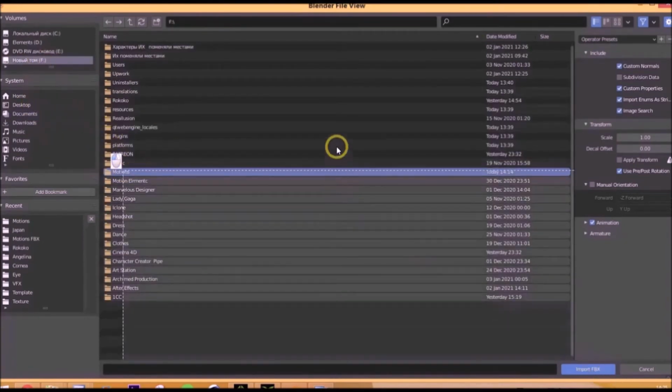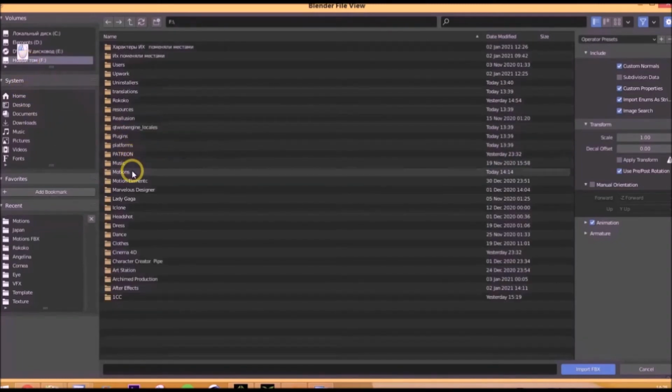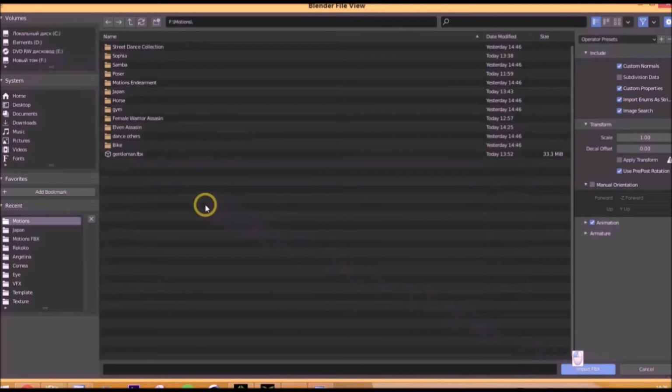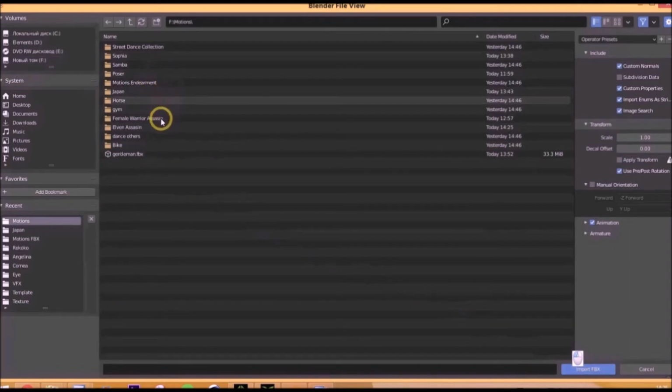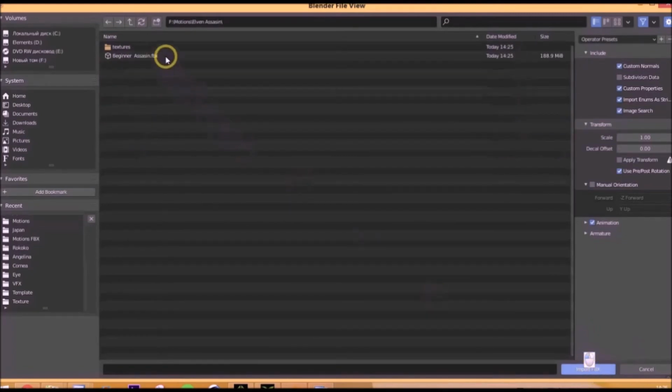After waiting for a while, we can switch to the Blender program. Of course, we delete the initial Blender cube and then import the FBX file, finding it in the folder where you put it.